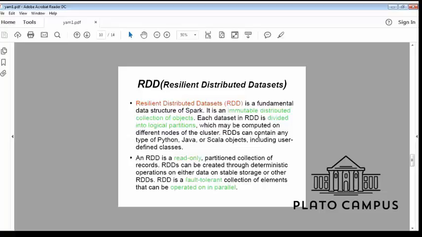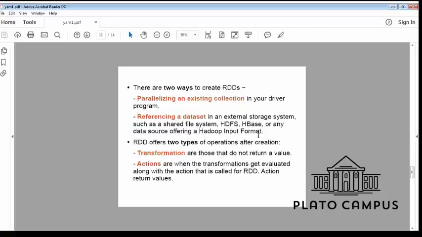So there are two ways of creating RDDs. One is parallelizing an existing collection, and the second one is referencing a dataset. When I say referencing a dataset, it means in an external storage system such as a shared file system, HDFS, HBase, or any data source offering a Hadoop input format.